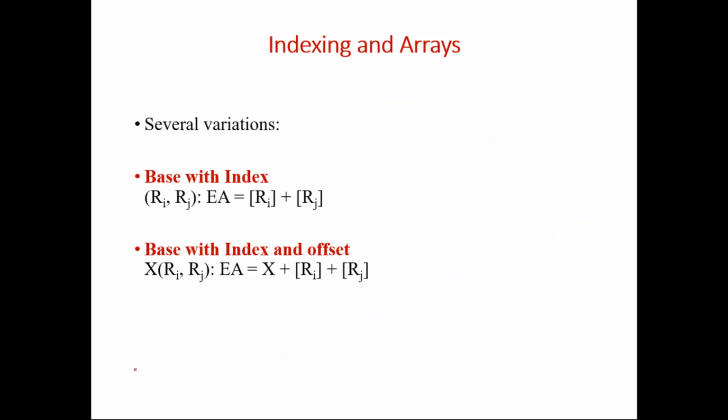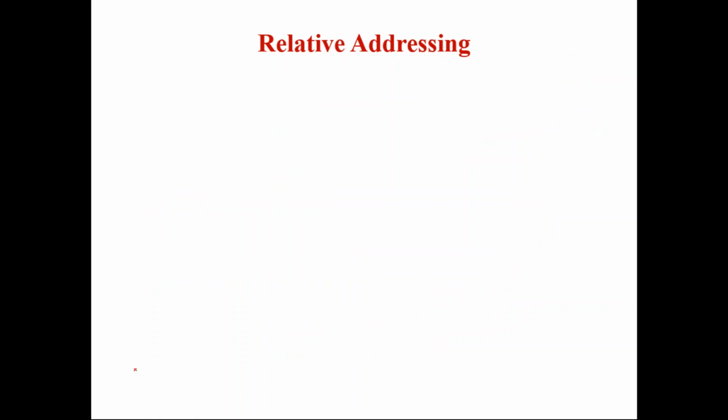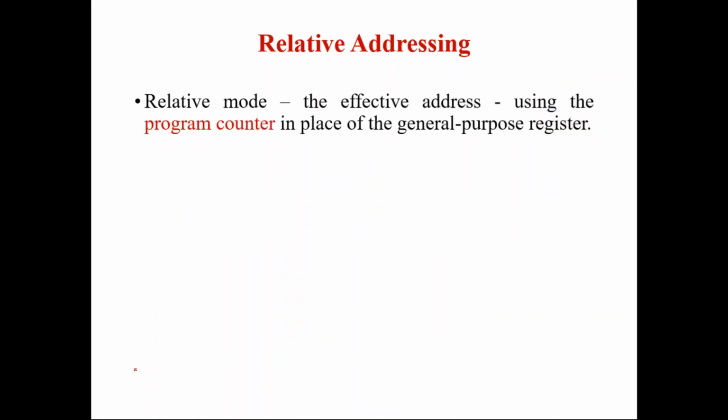Okay. So the next addressing that we'll be discussing is relative addressing. Here relative means it is relative to what? It is relative to the program counter. Normally the program counter will contain the address of the next instruction to be executed. If you want to execute some other address which is not being pointed to by the program counter, maybe the address which follows the program counter, or the address which is 4 locations away from the program counter, in such cases you have to use relative addressing mode.